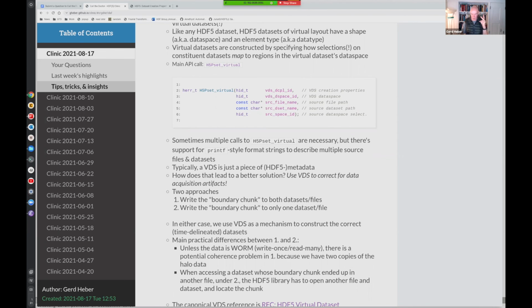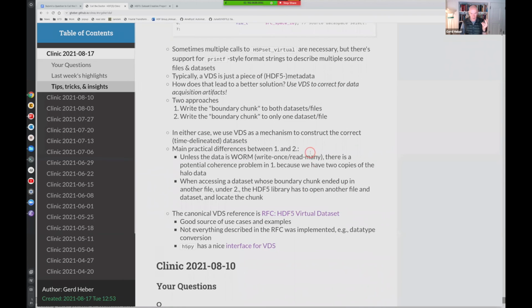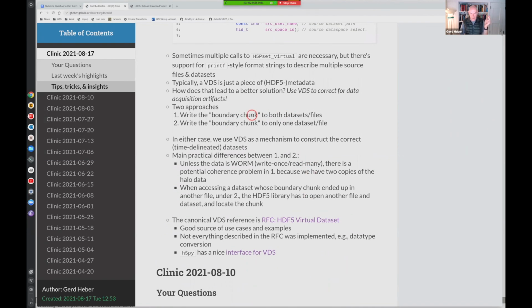Basically, there are two implications that you want to be aware of. One is, if you repeat data, there's always a coherence problem. If your data is read-only, repetition might actually give you better performance because you have multiple data access paths.